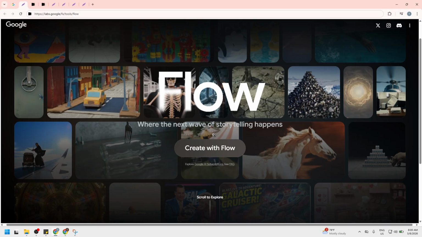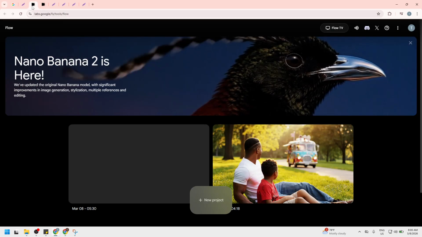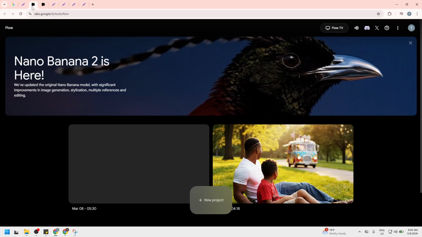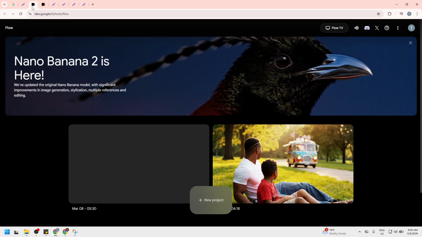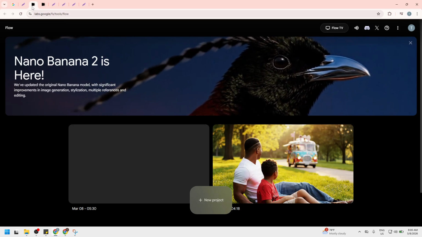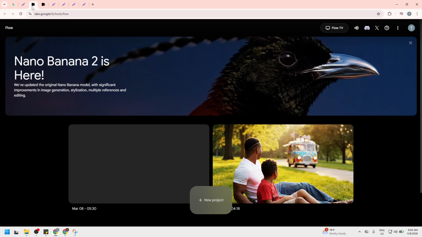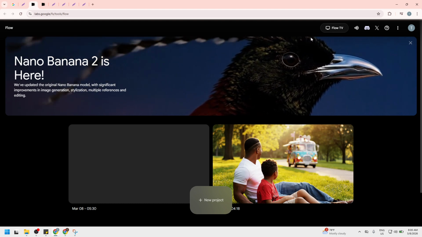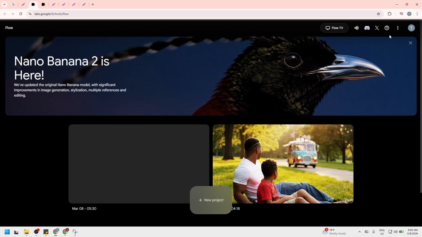Once you're on the site, click the button labeled Create with Flow. This action opens the main workspace where usage and credit information are tied to your active session. If you're prompted to sign in, choose the Google account that actually uses Flow. If you work across personal and organizational accounts, make sure you select the one associated with your projects to get the correct credit balance. After signing in, give the page a moment to fully load so the account panel and